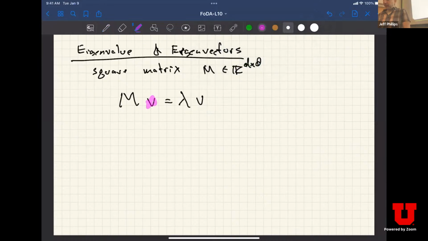So this v, which appears on both sides of the equation, this is known as